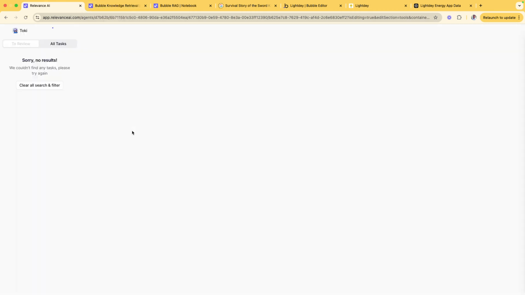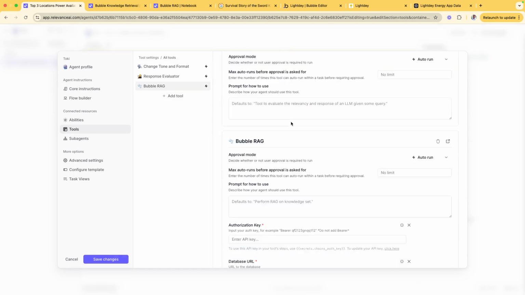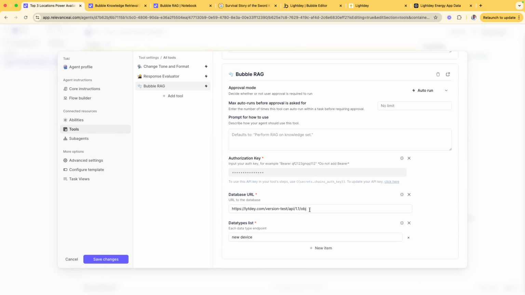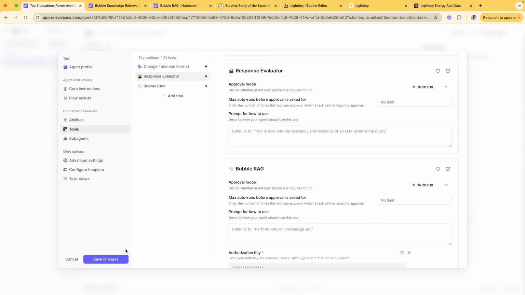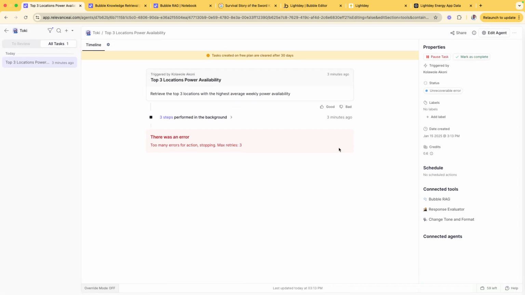Sometimes Relevance does this. Okay. So now I have access to all of this, and this is fine. So if I save changes and I go back,